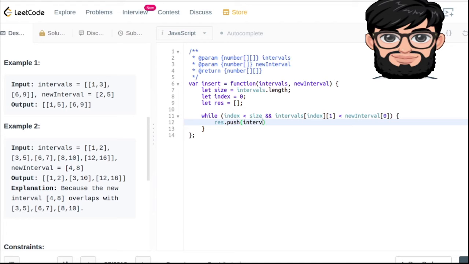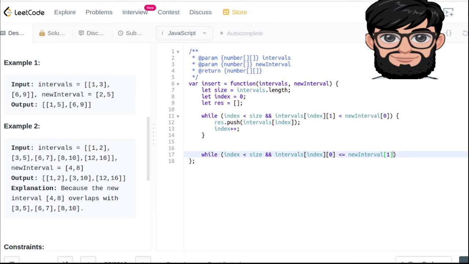So basically we are gonna keep going until we find out where this new interval is gonna be, like it's gonna be overlapping or it's gonna come after that interval. So we're gonna be keeping the result as it is until we find out that okay, there is an overlap between the new interval, or the current interval's end is not less than